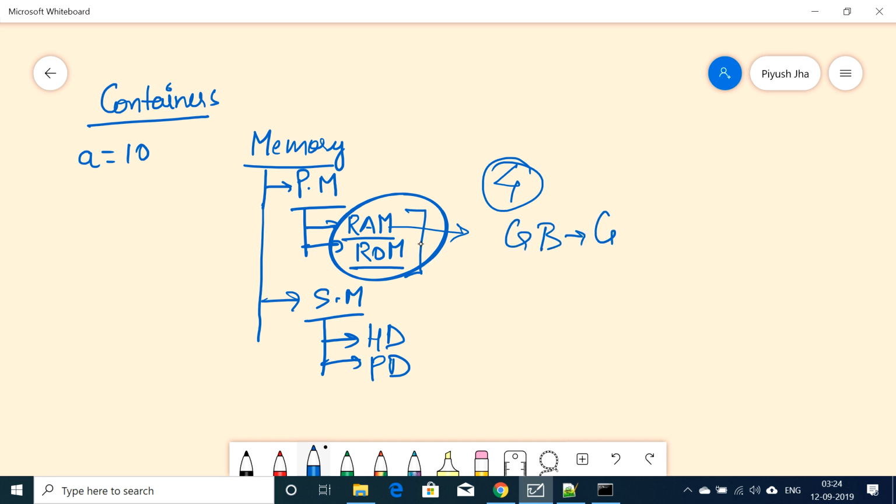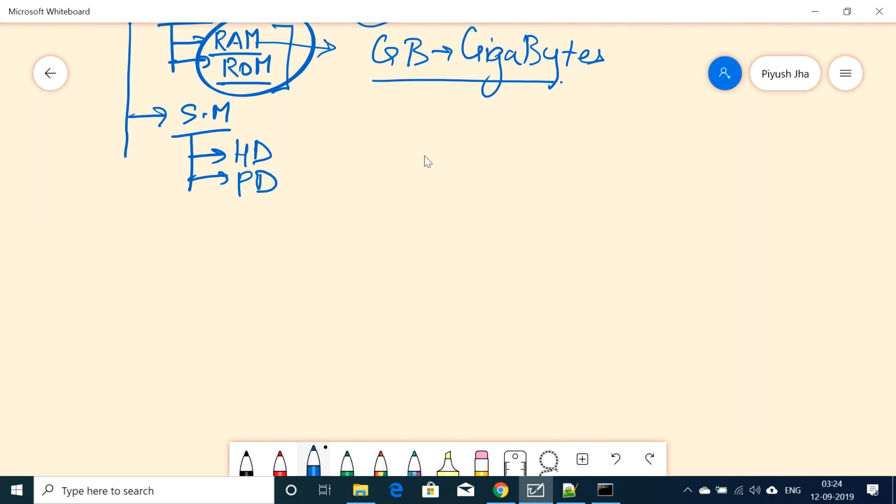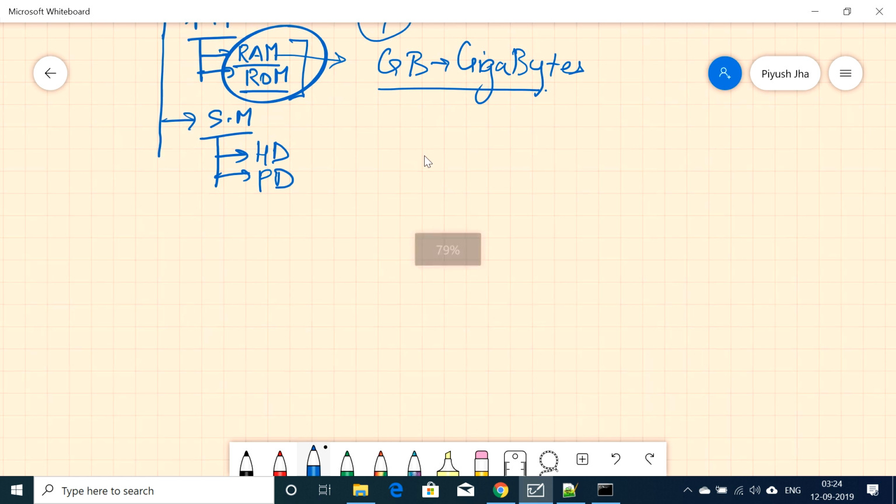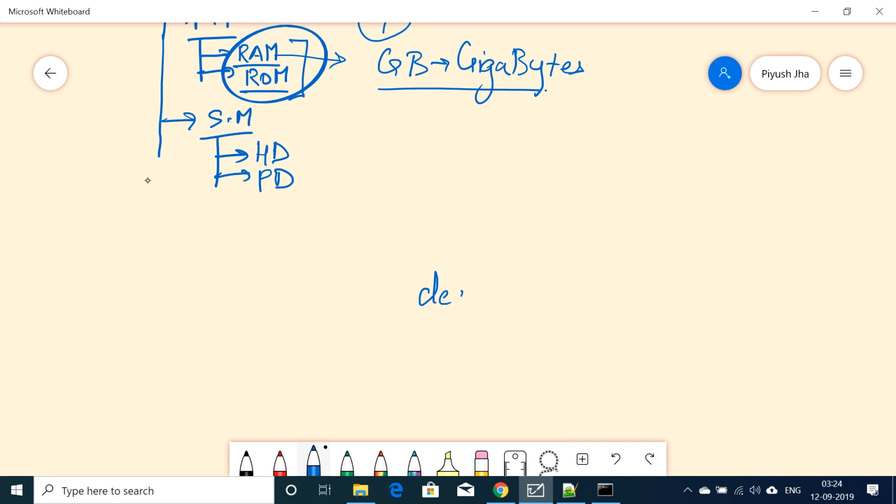GB stands for gigabytes. Okay, but what is it? Now we must have seen in our course of studies that, in order to specify the magnitude of any physical quantity, we generally use some set of prefixes like deca, hecto, kilo,